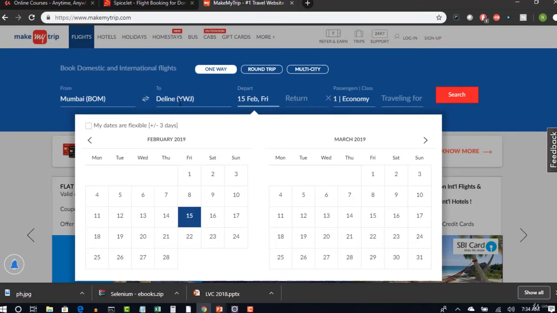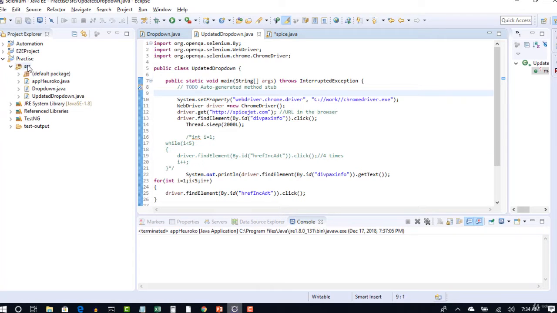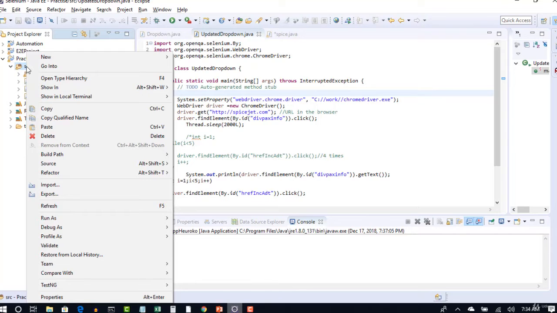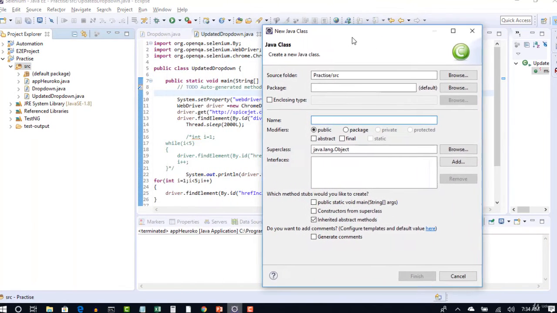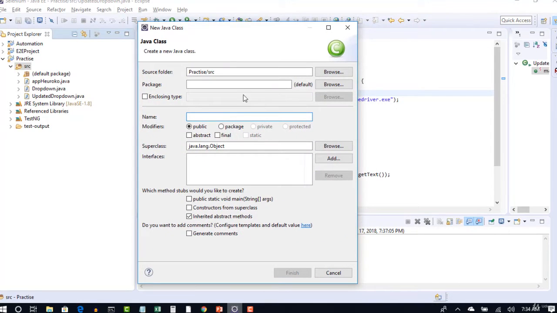Same flow, let's do through automation. I'll show you how to do that now. So let me create another new class. There are still a few validations which we can do for SpiceJet, but I'll come back again later after a few topics.